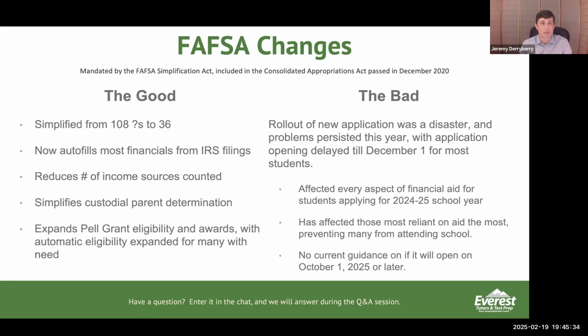Anytime you change a huge federal program and you change a technology program on the back end to try to update it, that can be expected. Unfortunately, the Department of Education was being mandated to have it done by a certain time and had to roll it out, I think, well before it was ready, and then sort of push it back another year because Congress wasn't allowing them to do that. But hopefully, this coming year, you all will not suffer what a lot of people went through the prior 2 years.